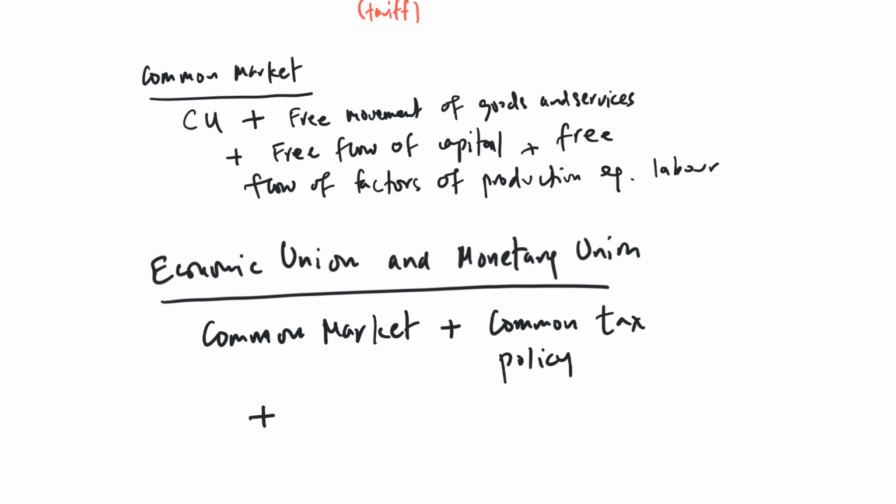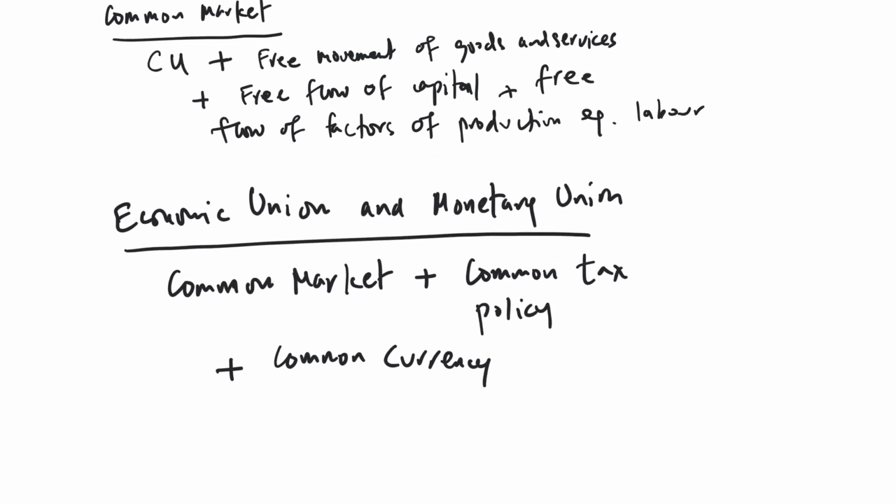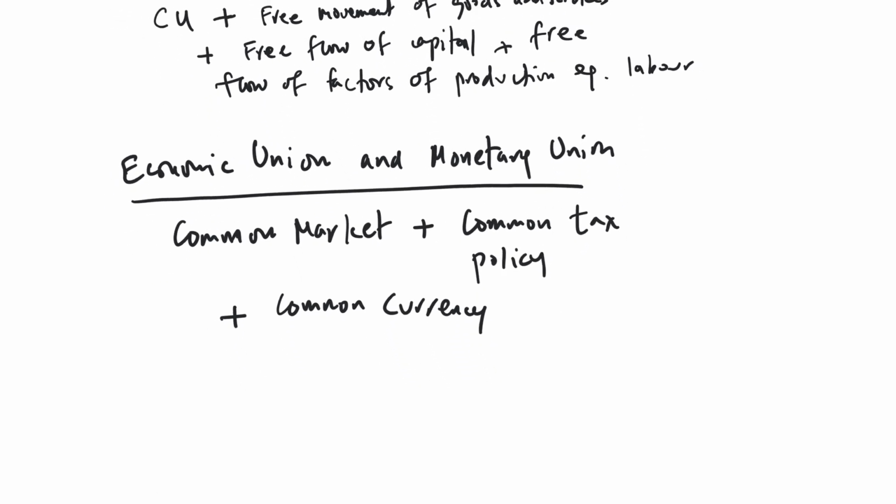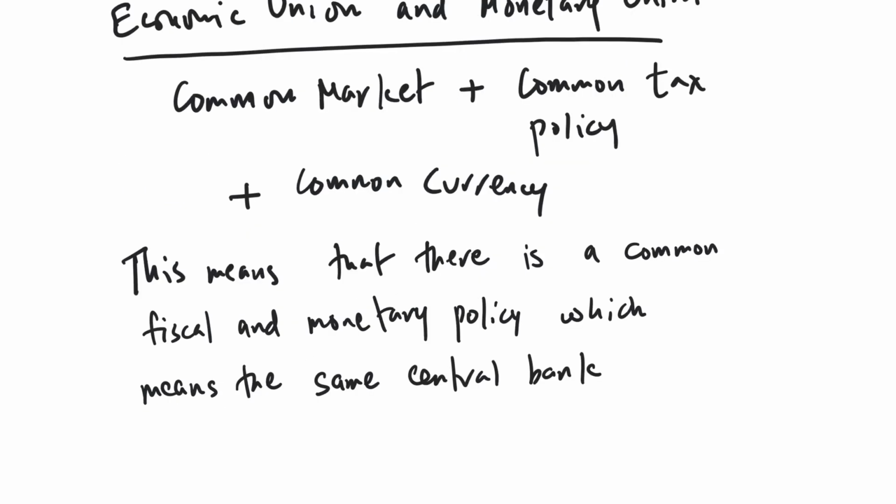But also sometimes you have what we call a common currency. If you look at the Eurozone, it is a monetary union where everyone has a single currency, which is the euro. Make sense? So a common currency means, let me write this, that